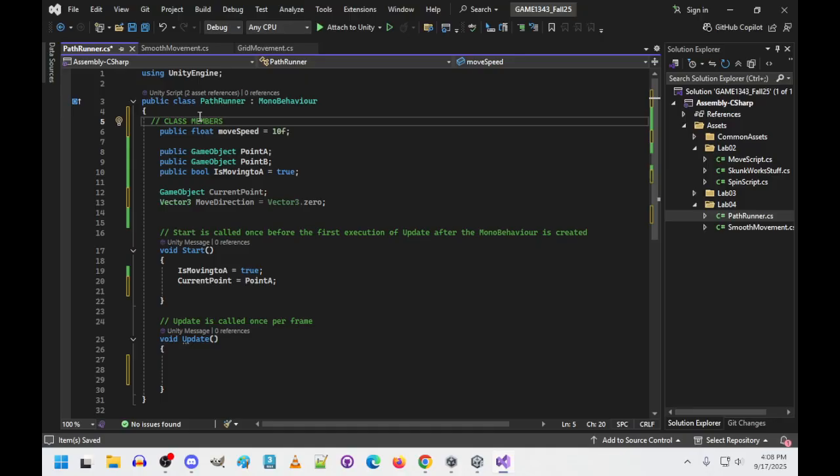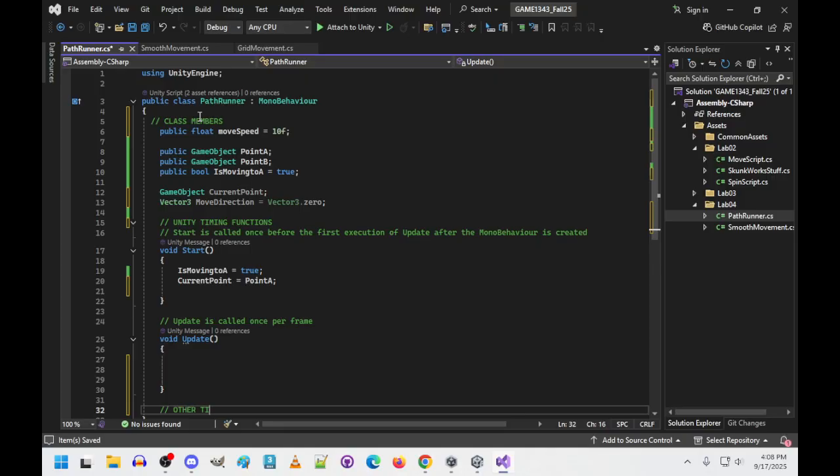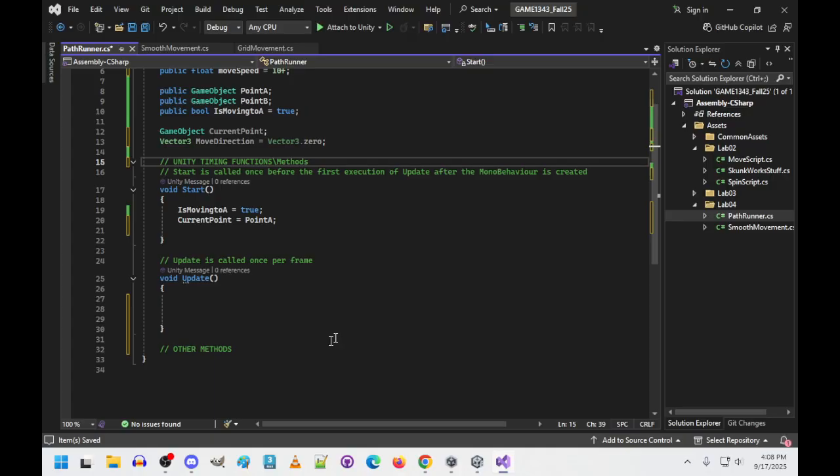Ideally, you'll have class members, then you'll have the Unity timing functions, and you'll learn more about timing functions later on. These are potentially Unity functions, and then other methods. I should not be calling these functions, methods. So the first one that we're going to write, and this is going to be pretty straightforward, is